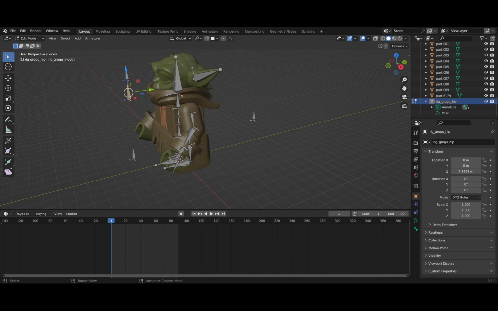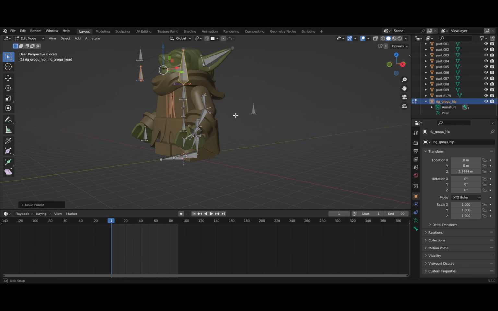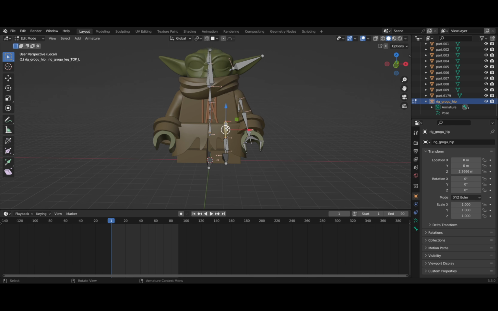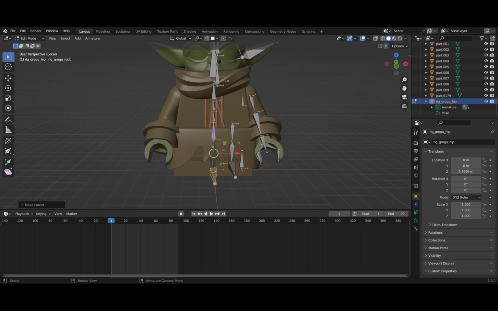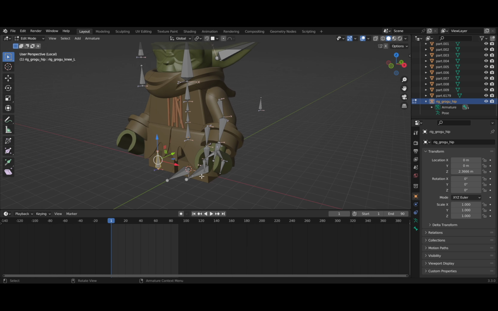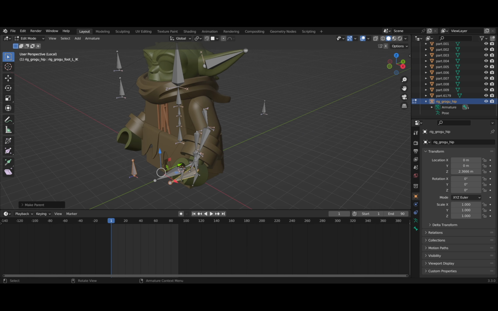In the same way, let the bones controlling the eyes and mouth move with the head bones. Let the bones controlling the thighs move with the hip bones. Let the bones controlling the hips move with the root bones. Let the bones controlling the knees move with the IK bones of the feet. And let the bones controlling the elbows move with the hip bones.